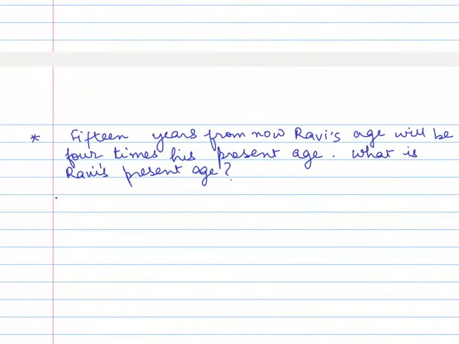See what this question says. 15 years from now, Ravi's age will be 4 times his present age. What is Ravi's present age? 15 years from now. So what is the question asking? What is Ravi's present age? So let us say